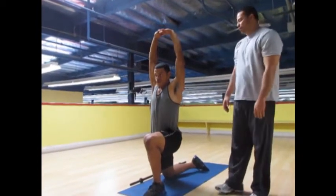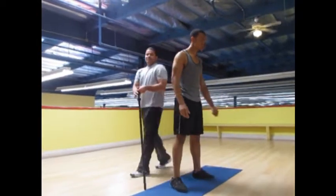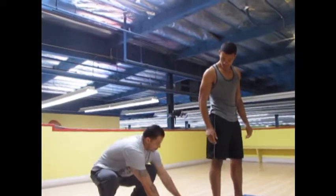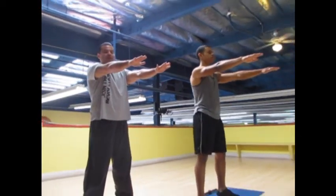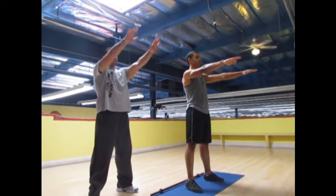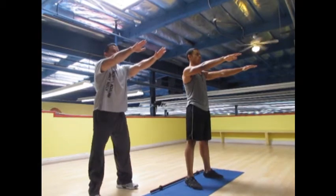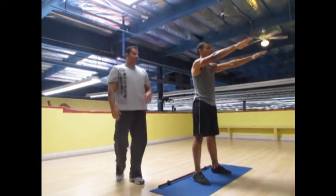The next thing we're doing are your overhead squats. When it comes time for the squats, you can use your bar or no bar at all. If you're not using no bar at all, your hands can be straight out. Otherwise, as they go on in the reps, you can start going higher and higher. The first 5, go ahead and start out here. As long as your heels are down on the ground, as you do full range of motion,